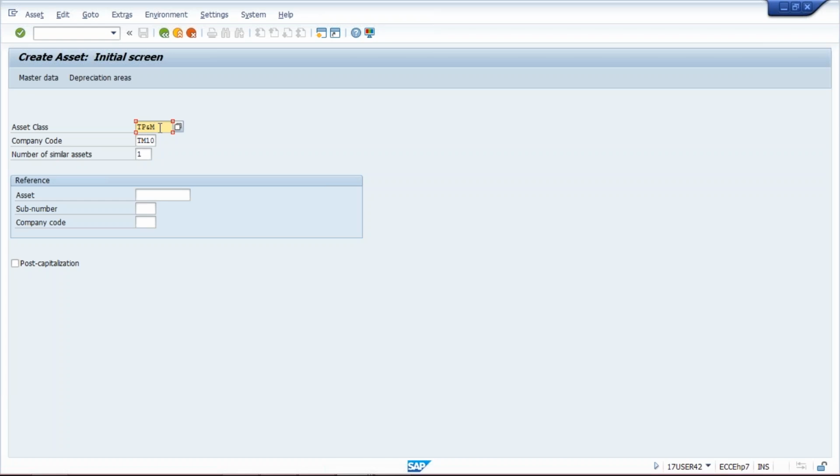And once the value is transferred, then we are going to block the previous asset which got created by mistake. Since we are having only one asset class here, I'll just create another asset under the same class, and then I'll show you guys how the balances are getting transferred. Press enter,